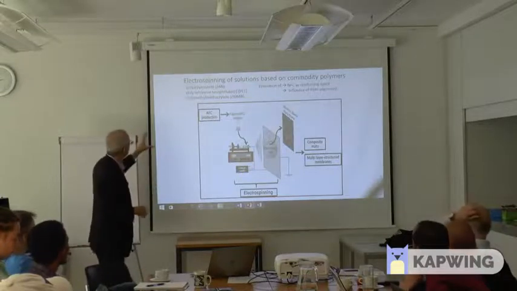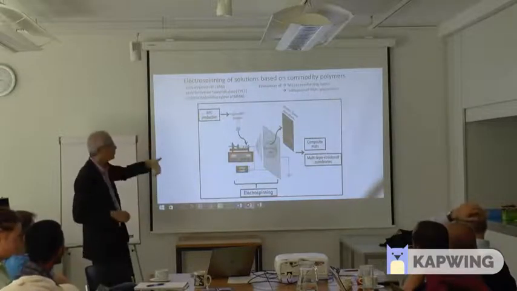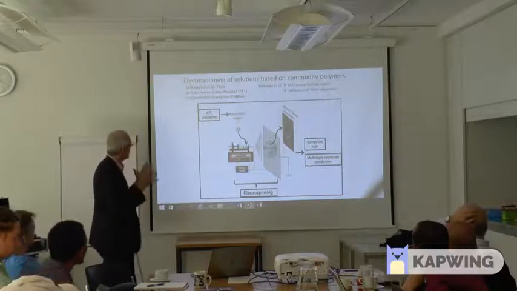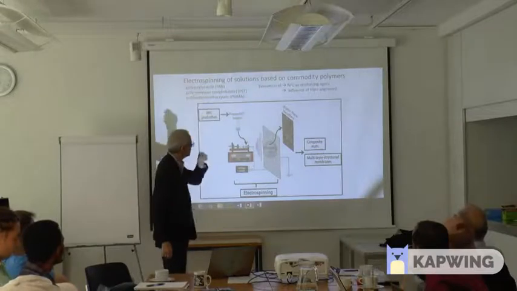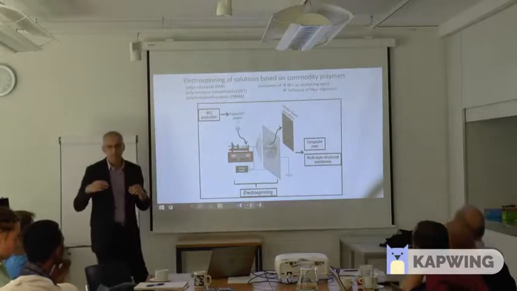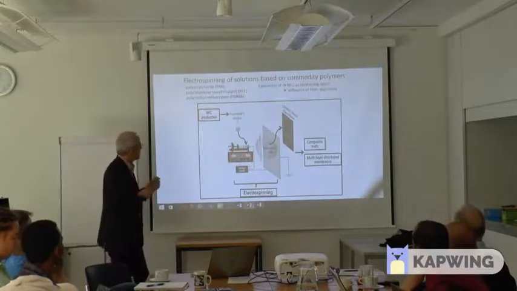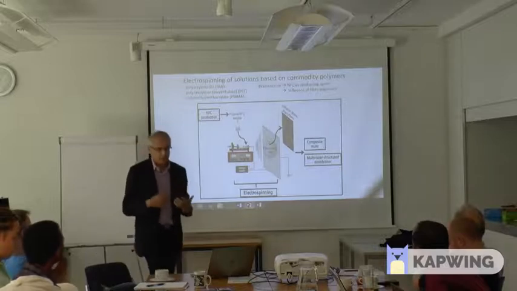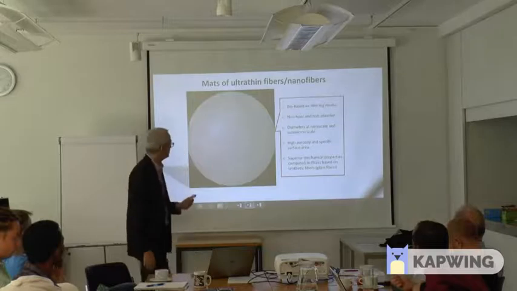In this particular case, we used recovered, recycled PET for producing those mats for filtering. But one problem they were facing with those mats was the mechanical strength. So the idea in this case was to improve the mechanical performance using bamboo or other